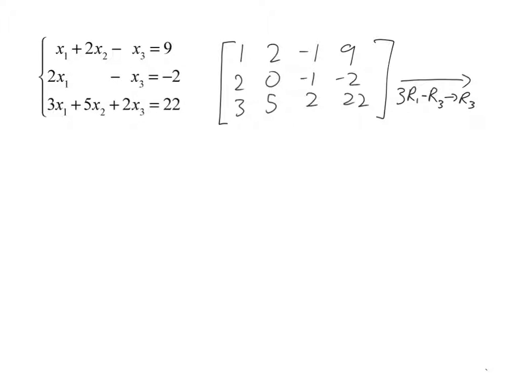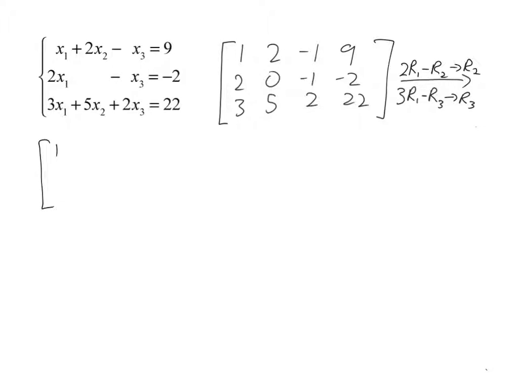Also, at the same time, I'm going to create a 0 here by multiplying this by 2 and subtracting it from this row. So I'm going to take 2 times row 1 and subtract it from row 2 and replace row 2 with that. So if I do those two things,